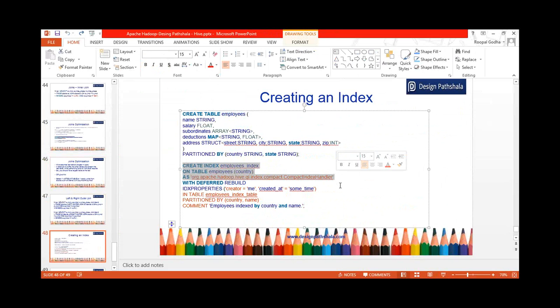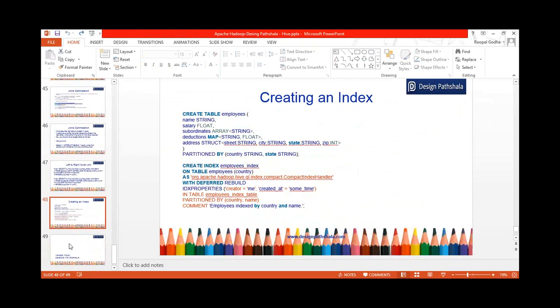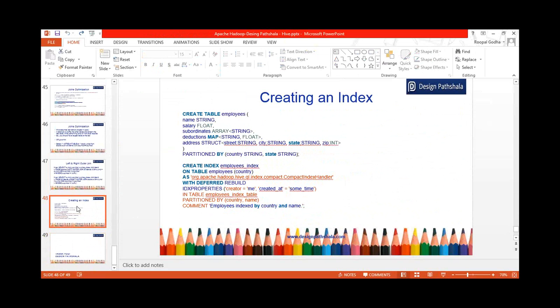handler to create the index. I could create my own custom handlers also, but this is the default one which is available, which is being used over here. With deferred rebuild means right now it's not building up, the rebuild is deferred, and I can create it